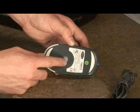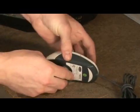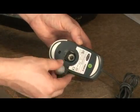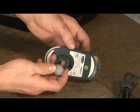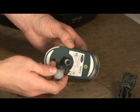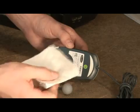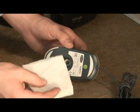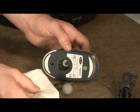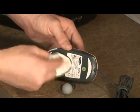You have these two little marks right here, and all you do is rotate it, and then the ball falls right out. As you can see here, there's a little bit of dust on here, nothing too bad, but we still might want to clean this mouse. So what we do is we take a nice cloth. Sometimes I like to use a little rubbing alcohol on here just to make sure everything's very clean. And I'll go in here, swab it all out,